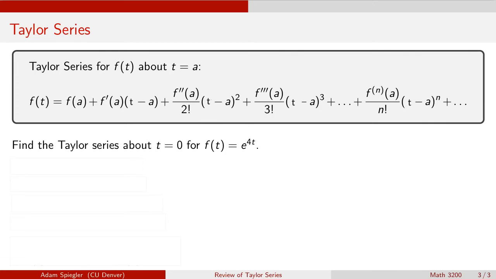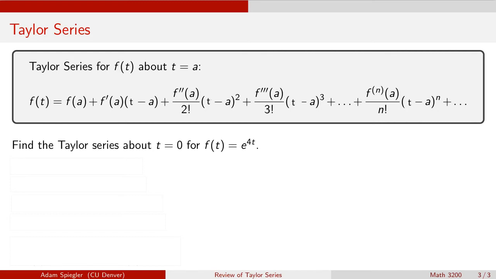So the real benefit of Taylor series is it allows us to approximate any function, even exponentials and trig functions, using polynomials. So when I simplify this, I get a polynomial. And polynomials tend to be easier to work with computationally than some of these other functions. So being able to approximate these functions with polynomials is a really nice property. So let's review one of them, and then you'll have to do some work on the reading quiz for class